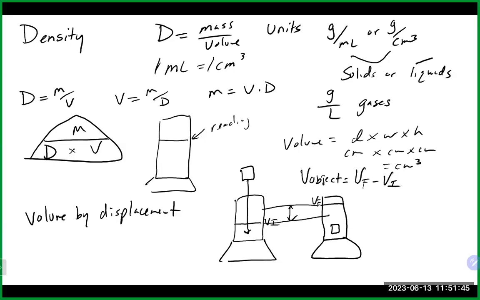Just basically drop it in some water and take a before and after volume reading, and you can do that. The units of density, grams per milliliter, stay and do not cancel out, so you should have 2 units. The number should stay with the grams part, and it should be 1 milliliter or 1 cubic centimeter. So let's just say we had